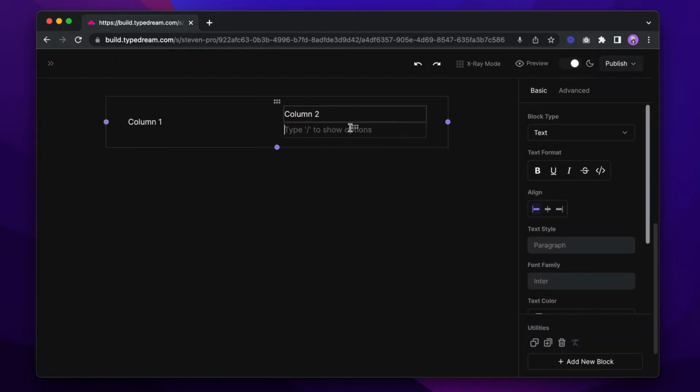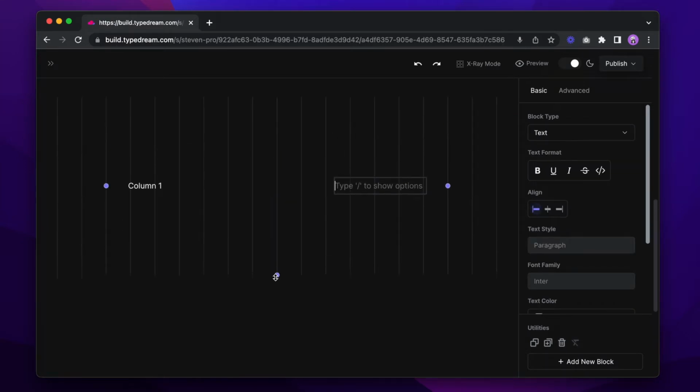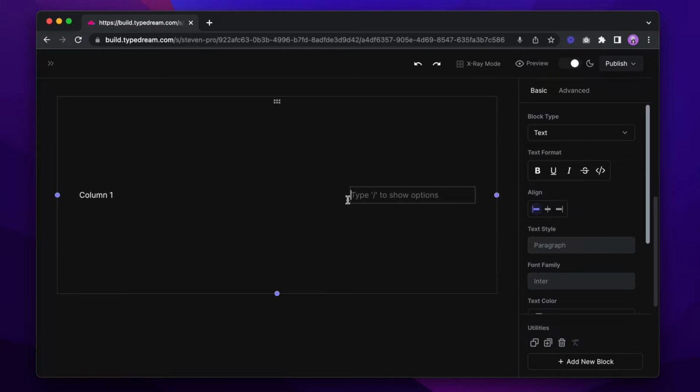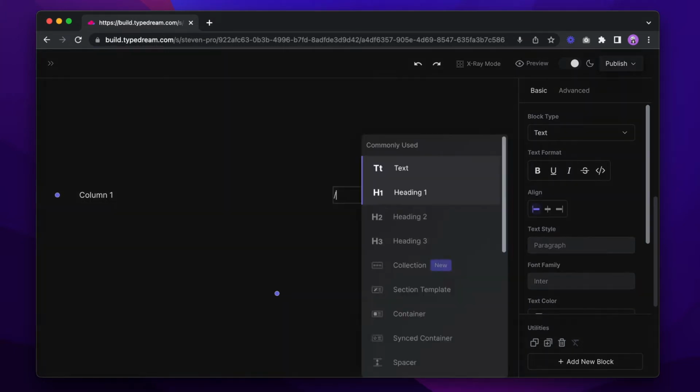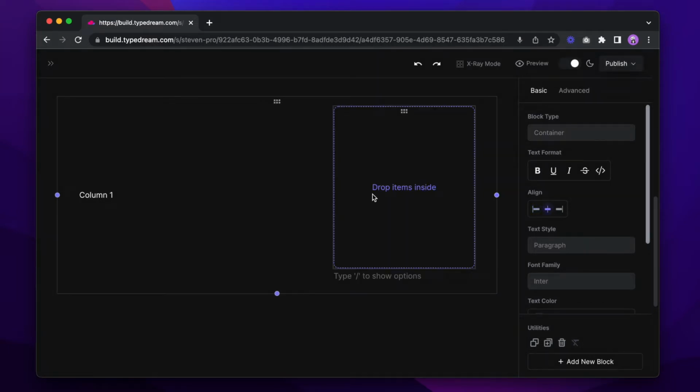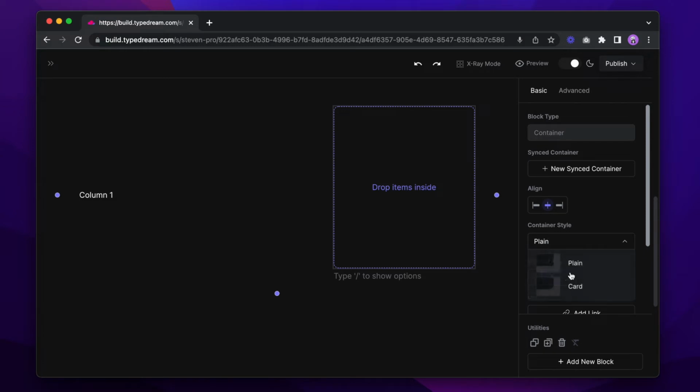Since this next part is going to be more text heavy, we're going to balance that out with some nice cards. Again, create 3 columns, and this time adjust so that the rightmost column is slightly smaller than the left. We'll put the container on the right. Type /container, and then under container style, choose card. This will give the container a nice corner radius and shadow.